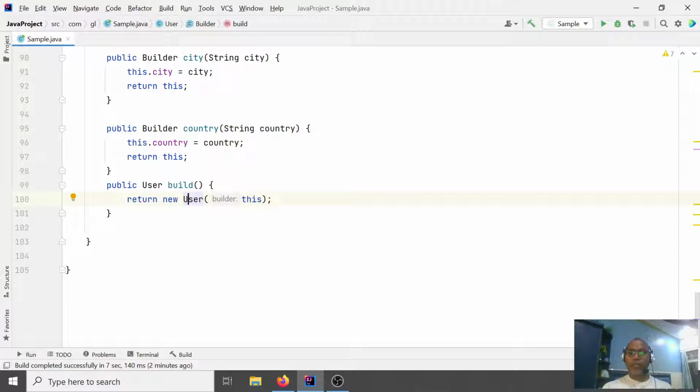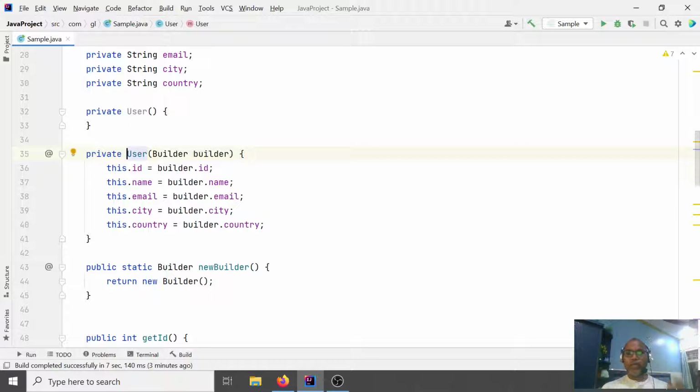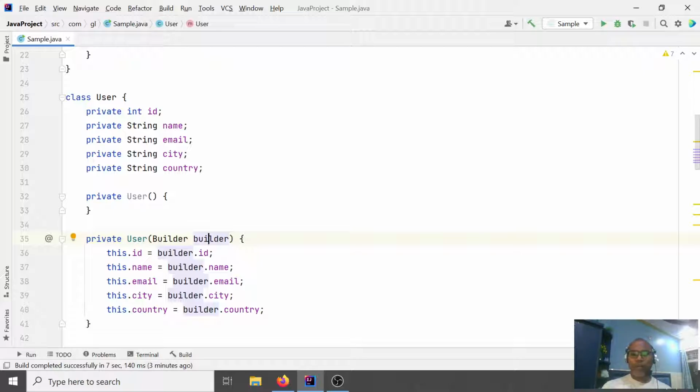The builder class is an inner static class, so it can access the private constructor. It then copies all the field values from the builder fields which the user has set. So you don't need to maintain any kind of order or a constructor with all the arguments. The simplicity is that if your user class has 10 more fields, you don't write a constructor again for 10 fields. Maybe someone wants an object with only two fields or three fields. Generally you have to offer a two-field constructor, a three-field constructor, and a full-field constructor.